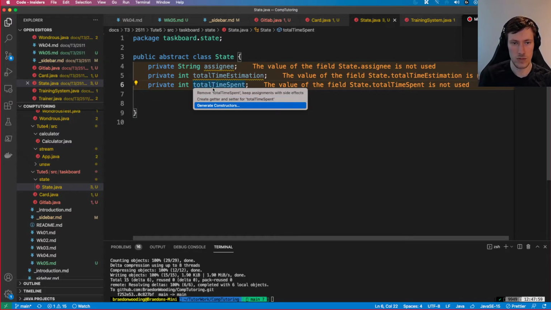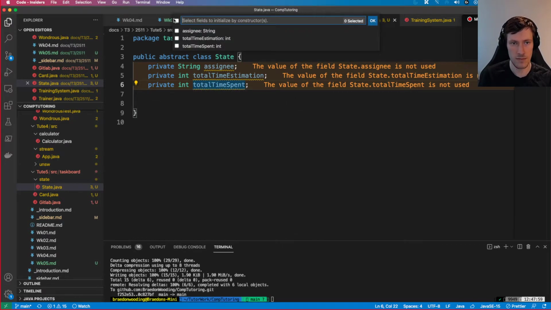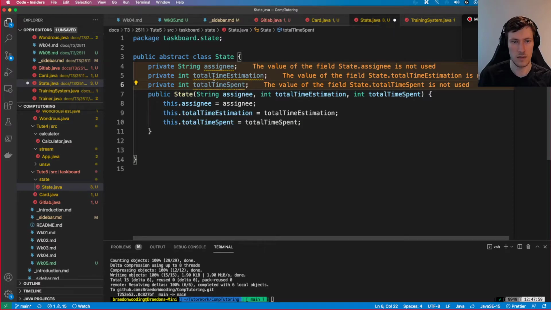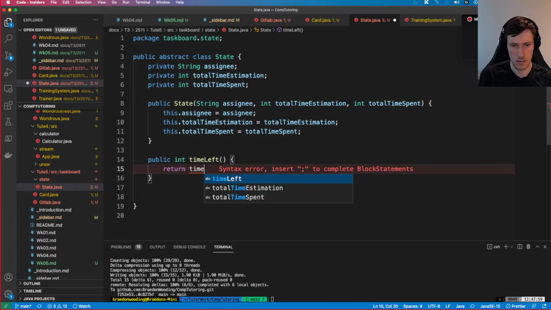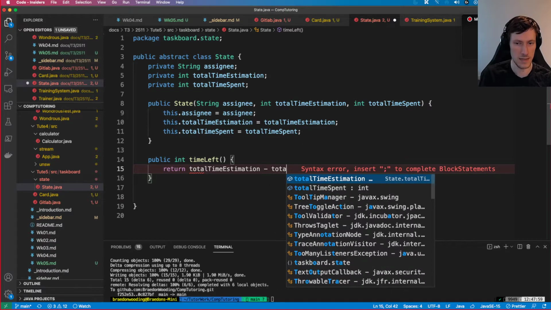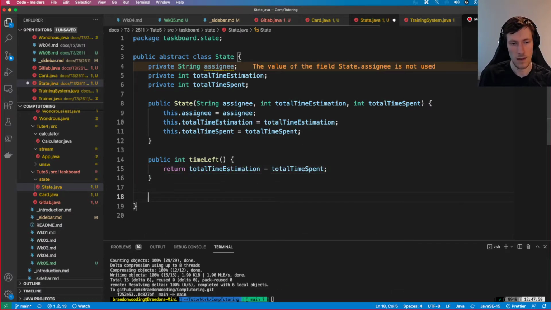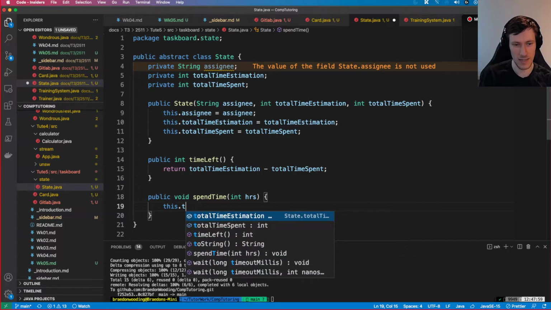And let's generate constructors, select fields, done. Public id, time left, return time spent estimation mod minus the time spent. I don't really care about getting these two values, to be honest. I mean, I presume in a real system you do, but it's fine. Spend time. Hours. This total time spent